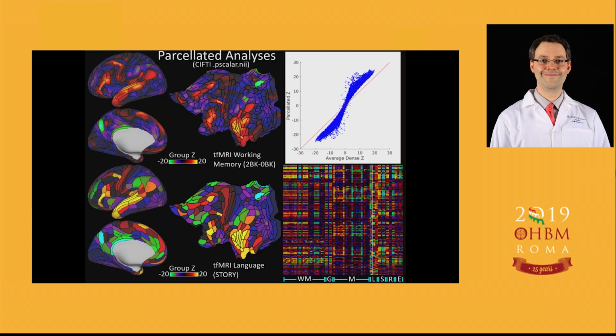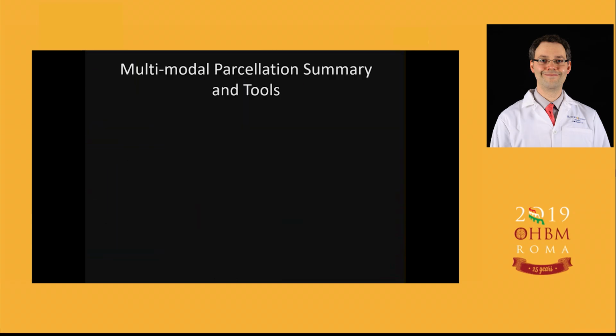If those things were equal, these blue dots would be right along this red line here, but actually the line is steeper, and that indicates that you actually gain signal to noise by parcellating first and analyzing, fitting to a GLM second. So to summarize this section, 180 cortical areas within each hemisphere, and that was within our expected range,